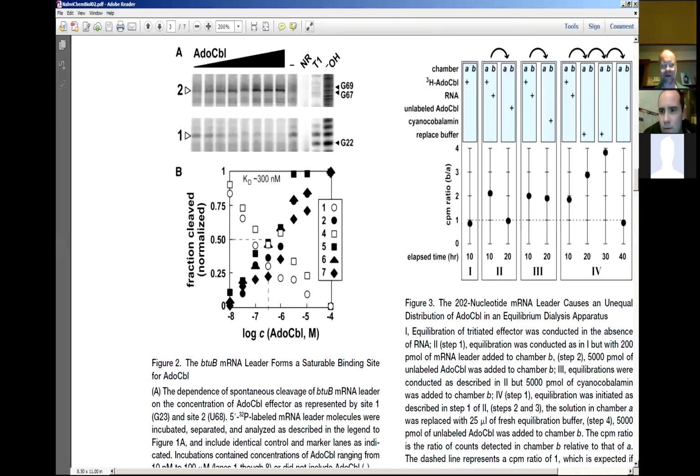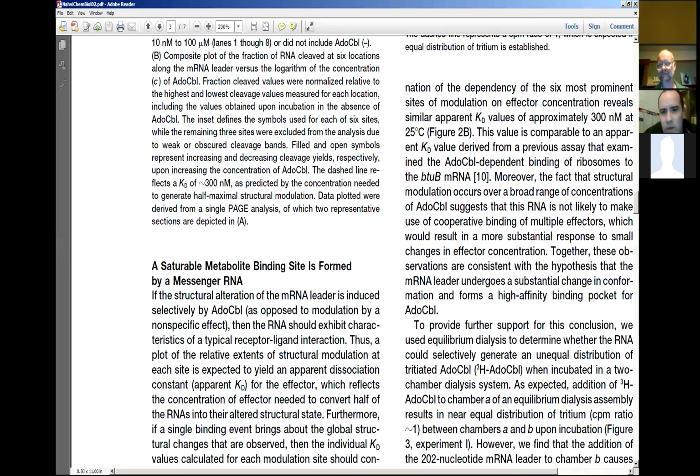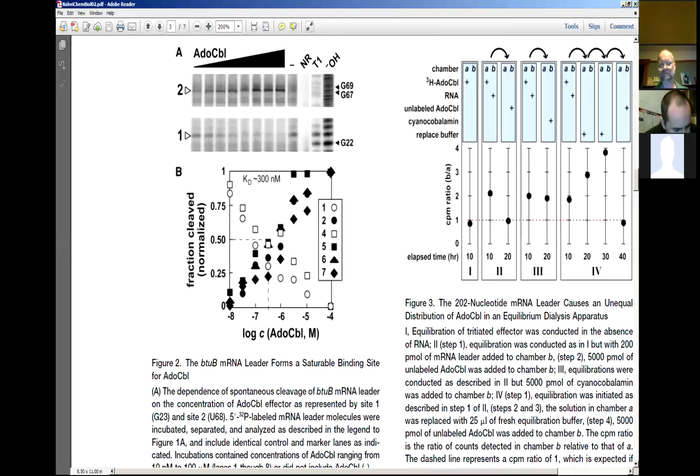So then the next step. All right, Patrick, I got a quick question. So we're looking at that figure where you have figure 2 and B, where you have the log C and the fraction normalized and 1, 2, 3, 4, 5, 6, 7, which are the different